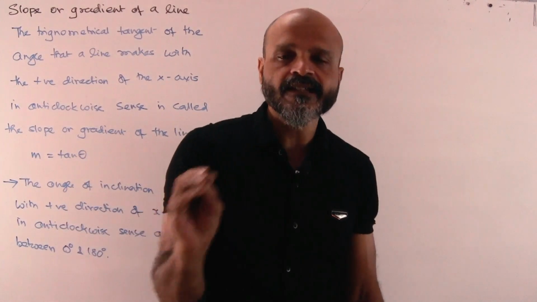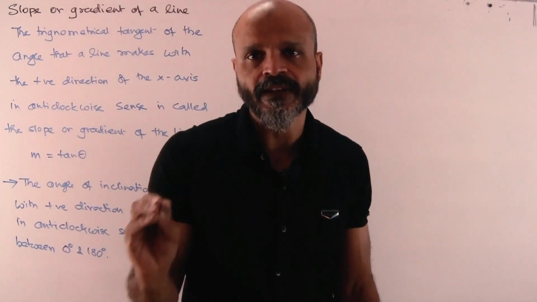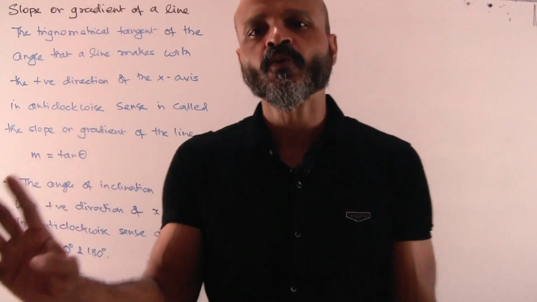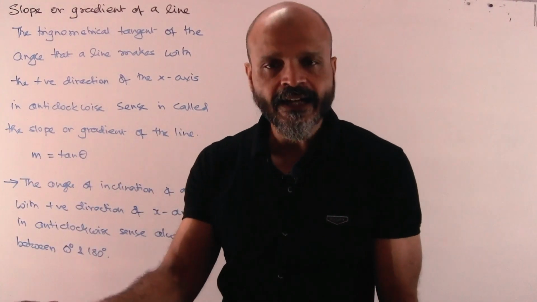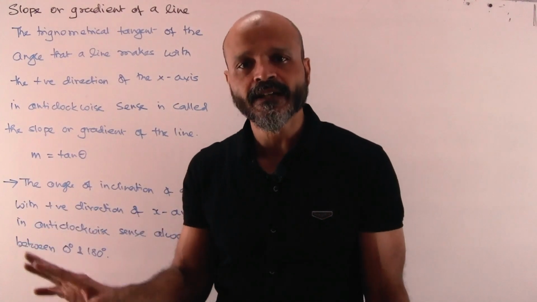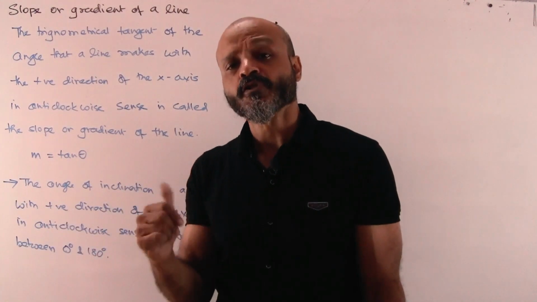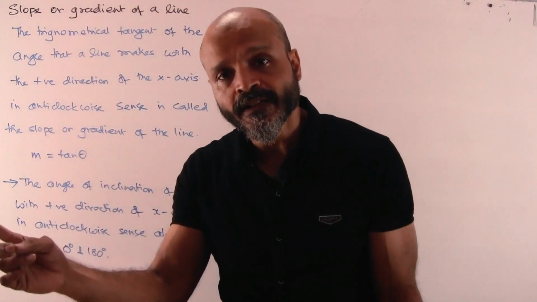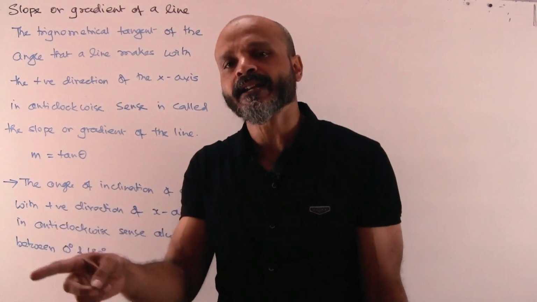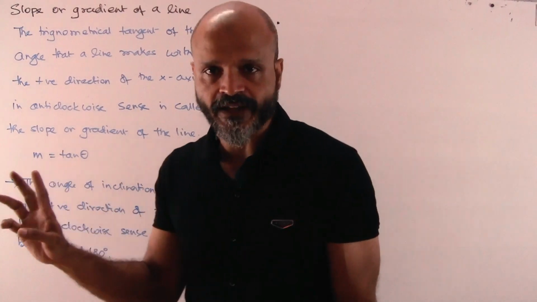So we will always take the standard as the positive direction of the x axis, no matter where the line is passing through, where it is intersecting, where it is ending or where it is starting from. It is immaterial. What matters for the slope of the line is the inclination, or rather the tan of the inclination, the angle that it makes with the positive direction of the x axis.